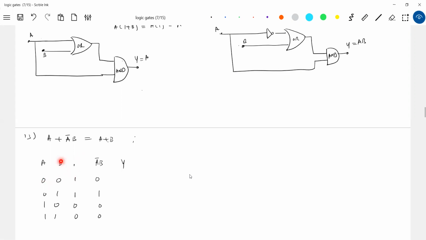Okay, so some of you are still getting confused. I'll do one thing. I think it is better like this only. Now let's come to A plus A complement B. Now what shall I do? The fourth column I should add with the first column. 0 plus 0, 0. Look at this one. 0 plus 1, 1. 1 plus 0, 1. 1, 1. What is this? Similar to what? Can anybody answer this? What is this?